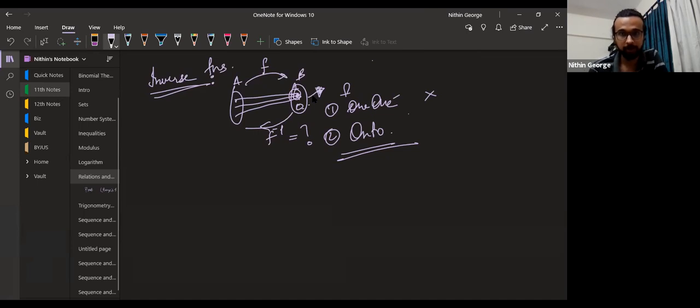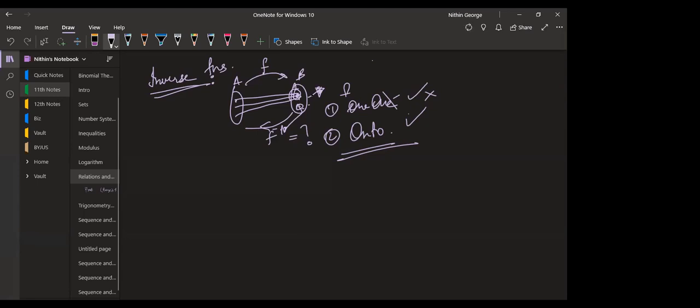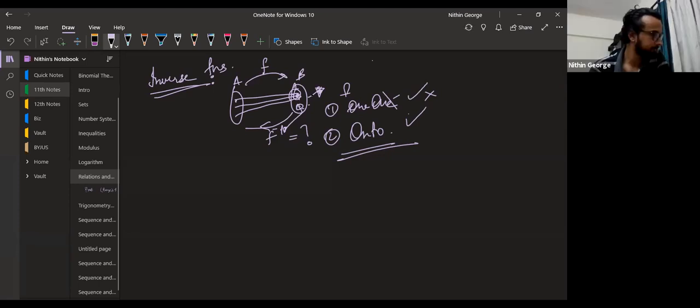So if there's any part that's left out, what value will you get if you pass it through f inverse? If this is left out and you pass it as the input, what's the output? There's no assurance. It could be anything. So it should be both 1-1 and onto for the inverse to exist. Got this? Any doubts here? Yes, sir. I told you how to get the inverse also. Let's just do a question.